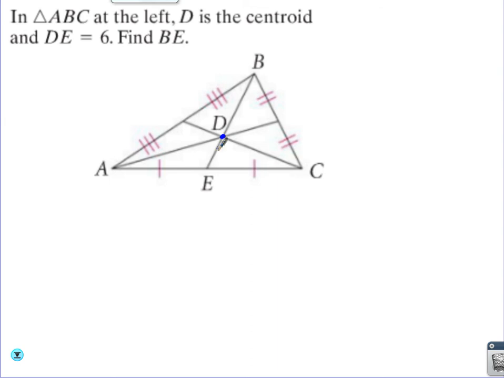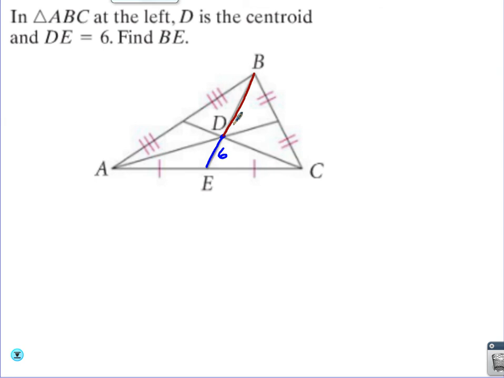DE, this line segment is 6. It says find BE. Be careful here. The ratio of the small part to the large part is 1 to 2, or a 2 to 1 ratio of large part to small part. So if this is 6,